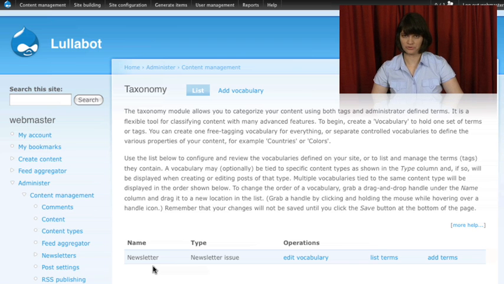This was added by the Simple News module, which has already been enabled on the site. It needs a vocabulary to keep track of its own content, so it added this vocabulary for us. But we can add additional vocabularies ourselves. And the first thing that we are going to be doing, we know that we're going to need some free